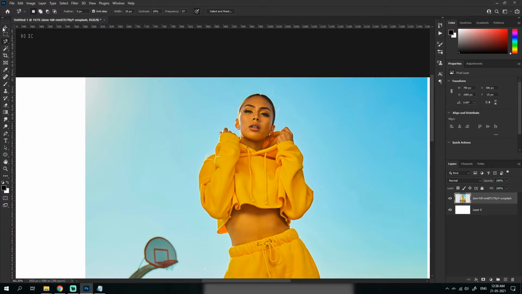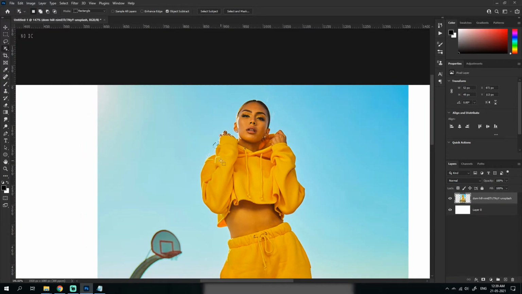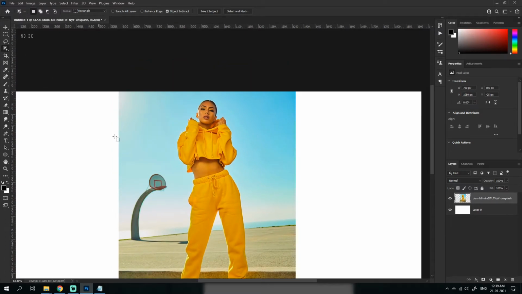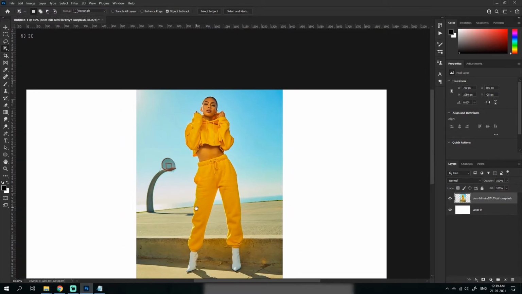Okay, next thing is the quick selection tool and the magic wand tool. I don't know what this does. Let me just test it. Okay, I think it selects automatically from this one. Yeah. So the object selection tool is, if I wanted to select the subject from it, it automatically selects the subject. It's easier when there's nice contrast like this in the images.